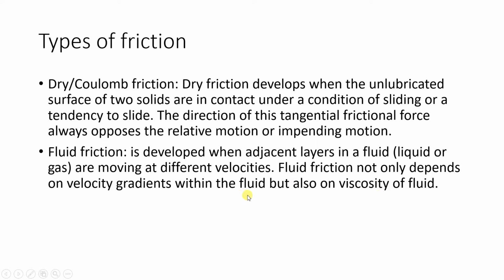Now if you consider examples of dry friction, what are they? A person is walking on a road. He is able to walk on the road because of friction. There is friction between the shoes and the ground. Then a second example is rolling friction. The tire of a vehicle is rolling on the road. That is also an example of friction, and that is why the vehicle can move in a particular direction.